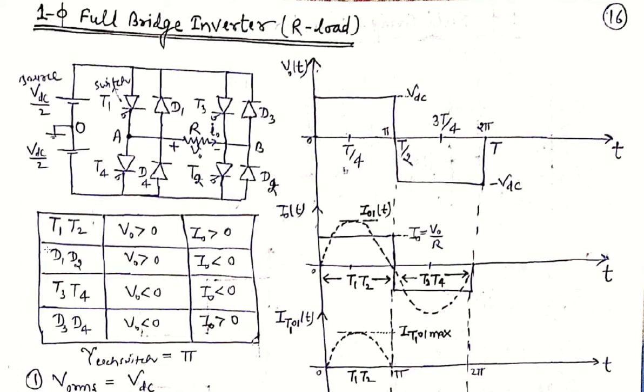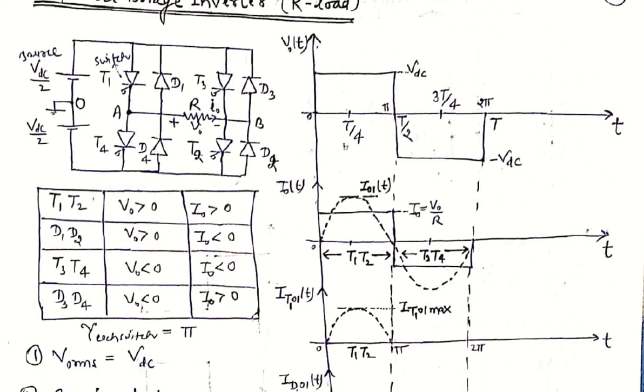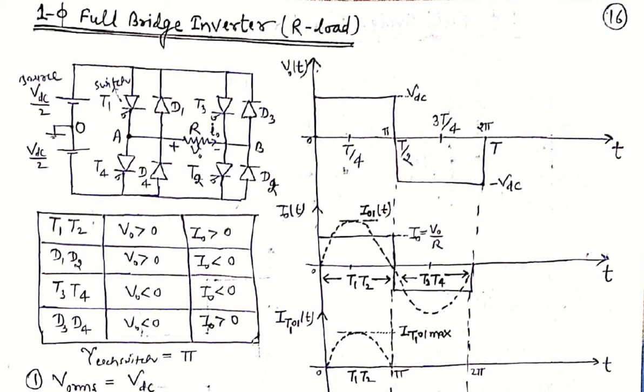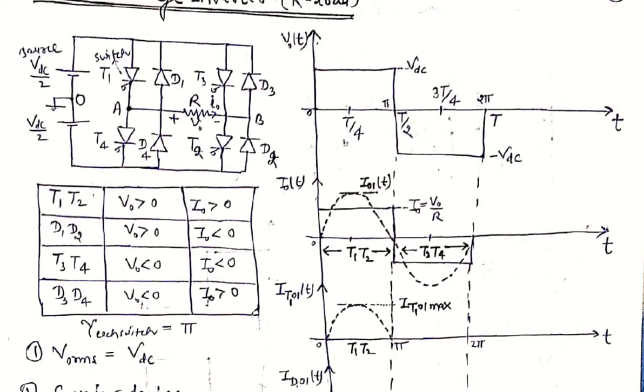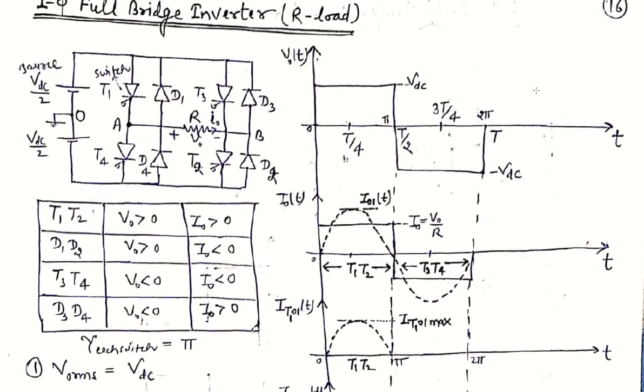This is the switching logic table, which is the same as earlier, and this is the output voltage waveform obtained, which is the same in all cases, because in a VSI the load voltage waveform is independent of the kind of load. To write the output current waveform, we simply write T1 T2 T3 T4, because from 0 to T by 2, T1 T2 conduct, and from T by 2 to T, T3 T4 conduct. So two thyristors are conducting at a time.